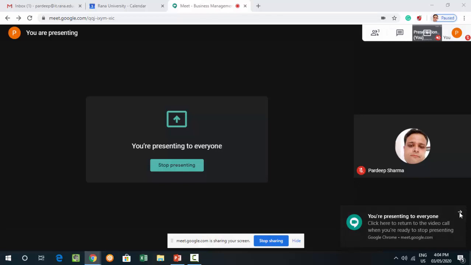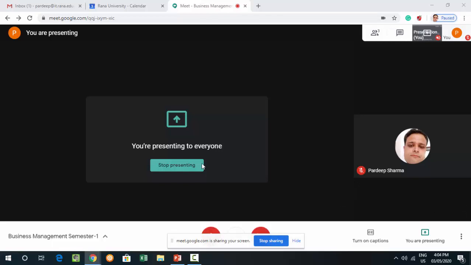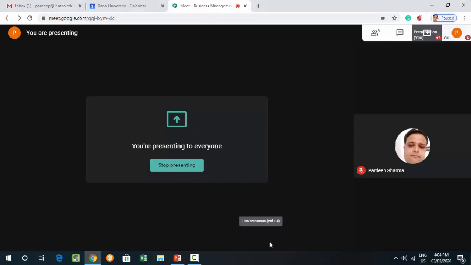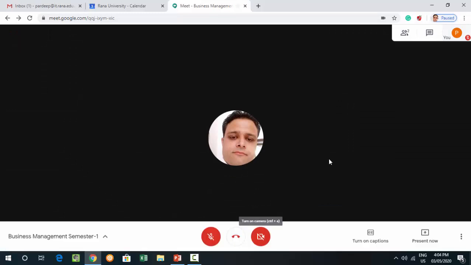If I want to stop this sharing, then I can click on stop presenting, or I can click on the stop sharing option, then automatically your main dashboard will be displayed in front of your screen. So compared to Zoom, the sharing feature is very simple in Google Meet, and on this platform you can simply share your screen with any of the participants.